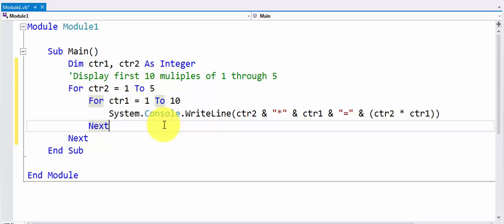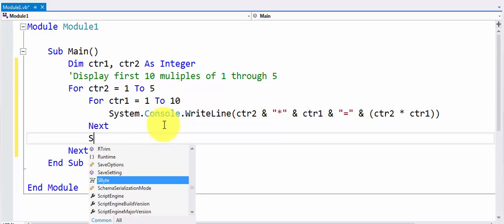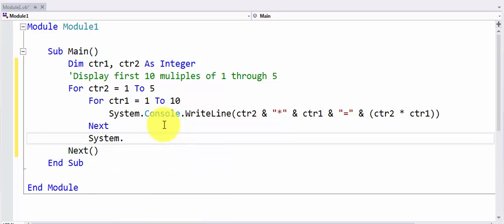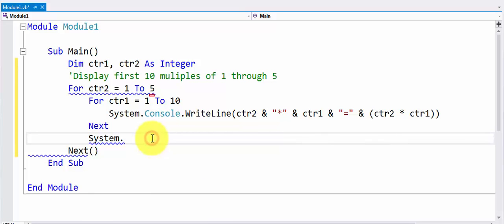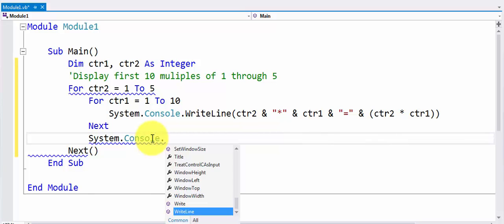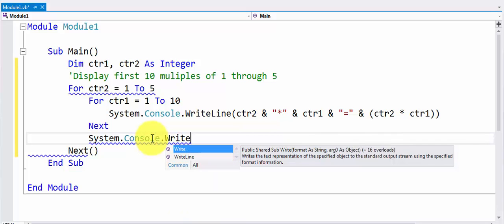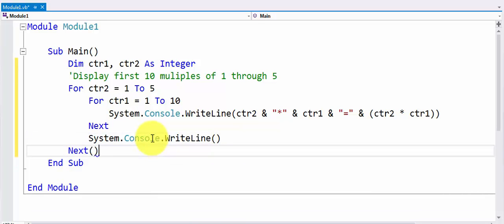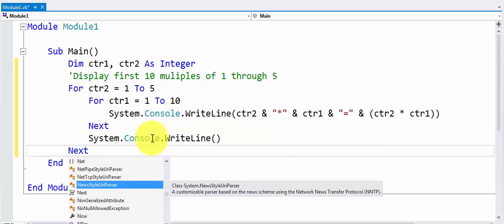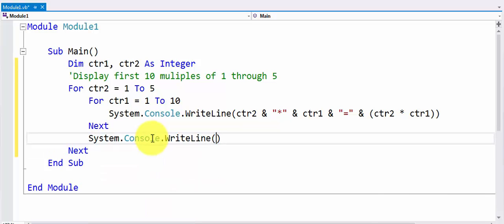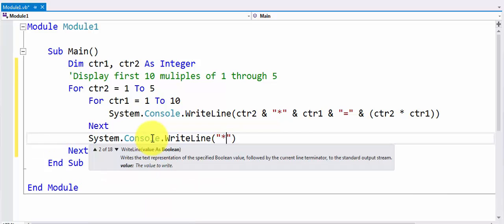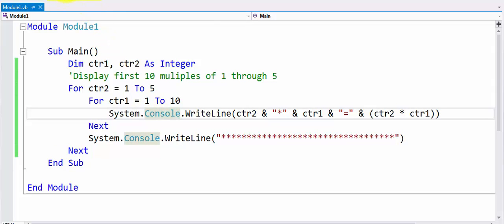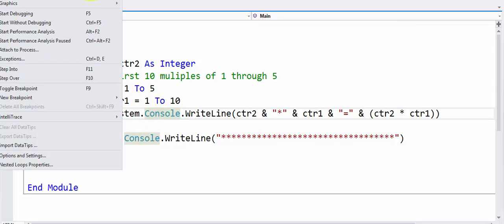What I want to do differently here is have some kind of separator as I go through the code, so that there is an indicator that we are done displaying all the multiples of one number, and we are about to go to the multiples of the next number. For that purpose, I want to have a line of asterisks, just to differentiate there. So now we would like to run this code,